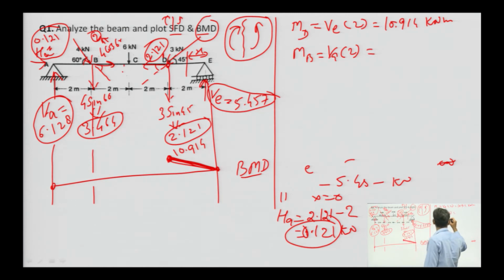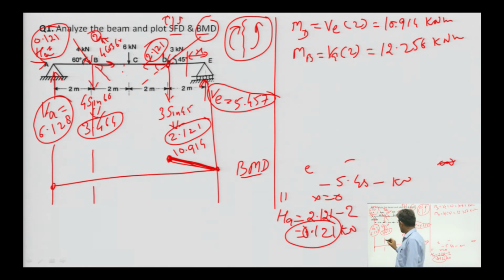So, this is VA into 2, and VA value is 6.128, multiplied by 2, then we are getting 12.256 kilonewton meter, and it means this value is